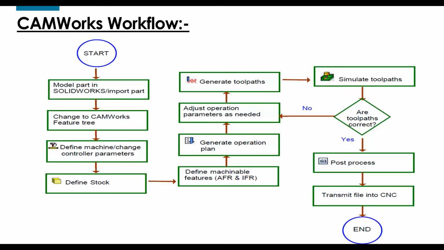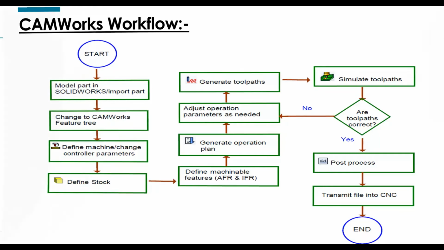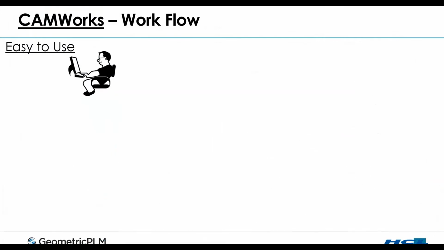After simulating it, if you feel that okay, now my toolpath is ready to go on the machine, it has been verified, then with just one click, that is post process, you can get the NC file which you can transmit to your machine. So this is the basic procedure, right, wherein you follow this workflow to generate the toolpath. Okay, now let's elaborate on it.